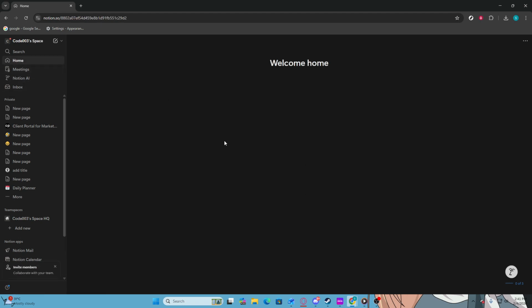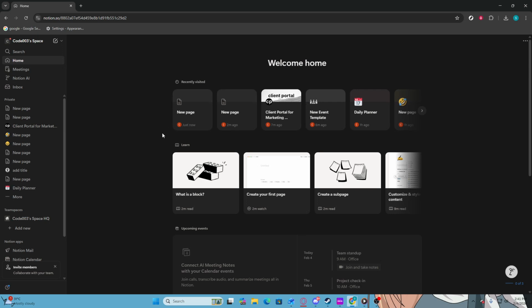Next, select the specific page you want to customize. This can be done by browsing through your workspace or searching for the page using the search function. Once you find the page, click on it to open it fully, as you will need to access the sharing